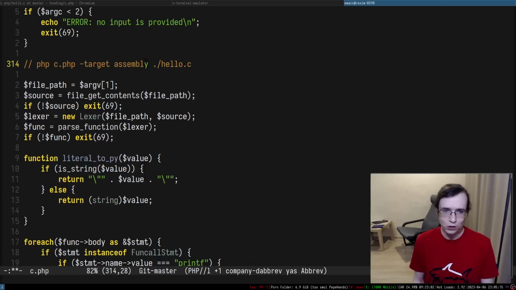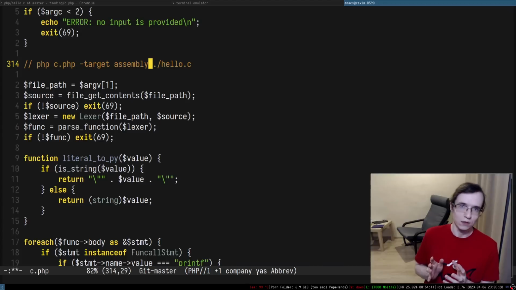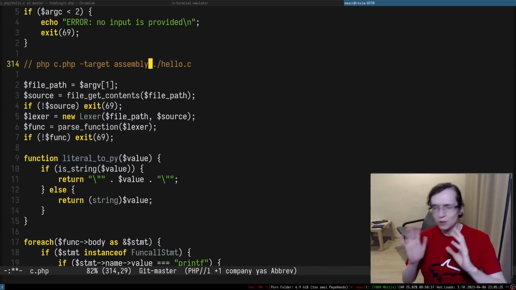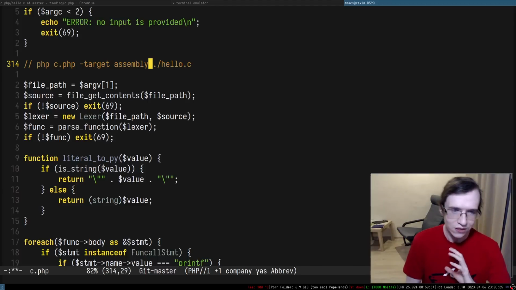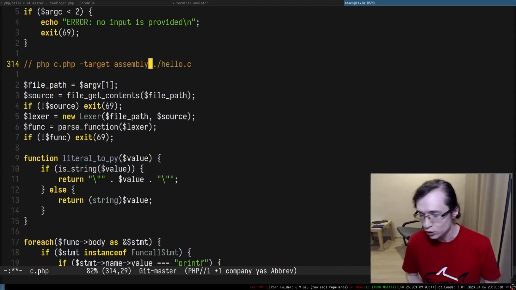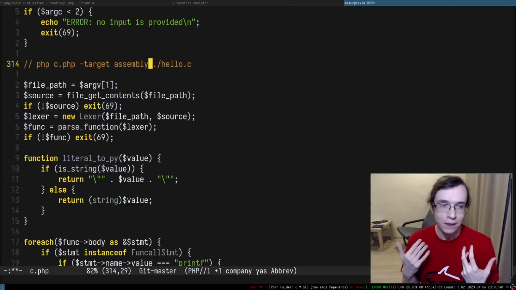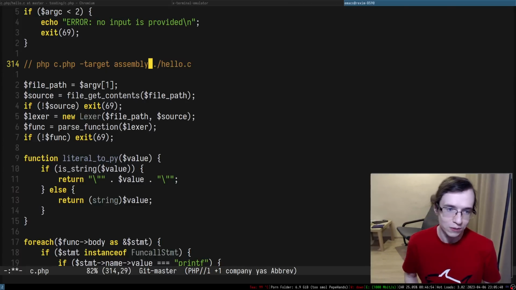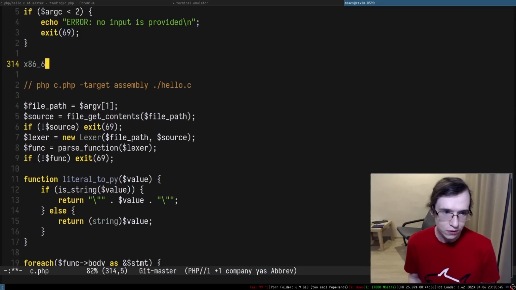But assembly is actually a very vague thing. What does assembly even mean? Because assembly is not a particular language, by the way. There is this wide belief that assembly is somehow a very specific, concrete language. It's actually not. It's a family of different languages. You have different kinds of dialects of assembly depending on the CPU you use. So in my case, I'm using x86-64.